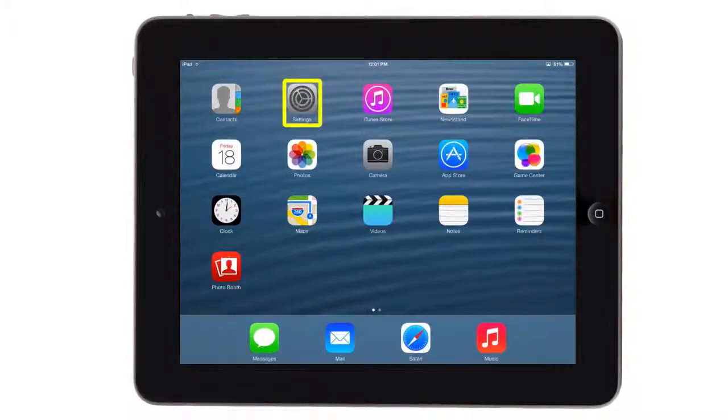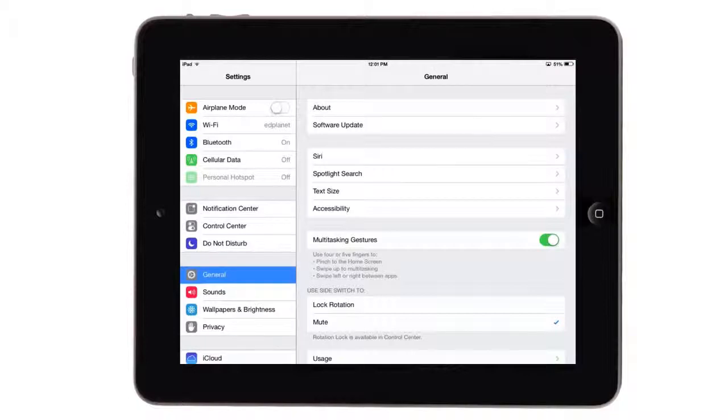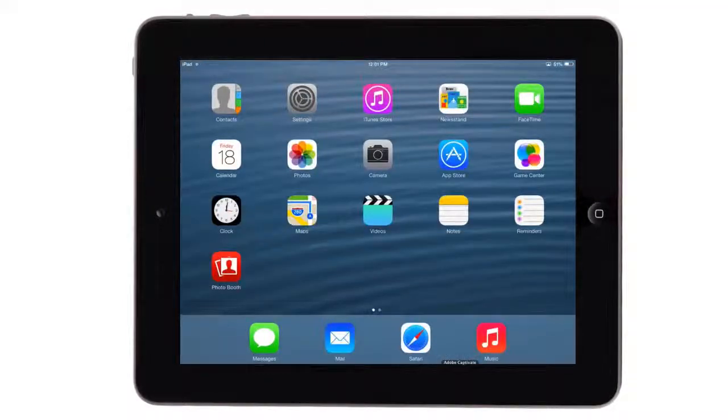And finally, we come to the Settings app. This is the app used to customize and refine how the iPad functions, and we cover this app's functionality in different episodes throughout each iPad course. Think of it as the brain of the iPad. Okay, well, there is a lot that can be done with an iPad right out of the box. We look forward to introducing you to more of what can be done with the Safari web browser in our next episode. There is a lot to do with Safari, so join us.